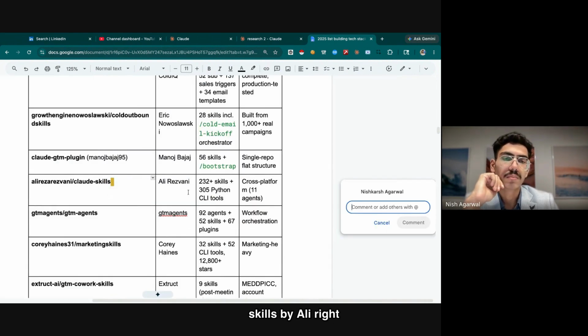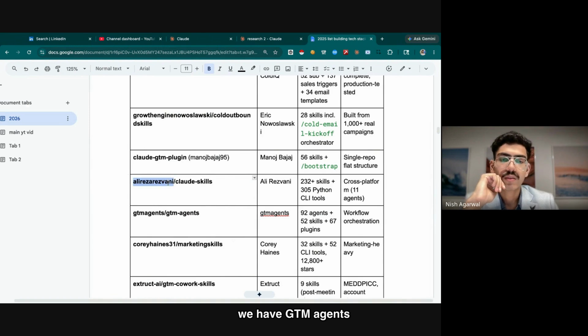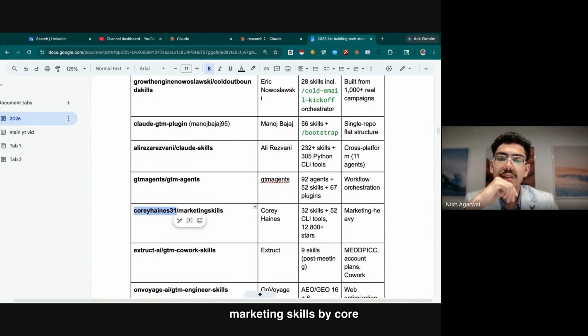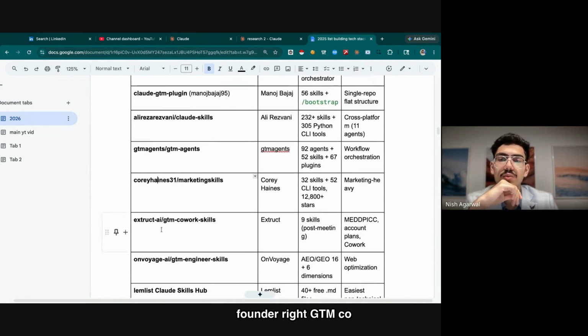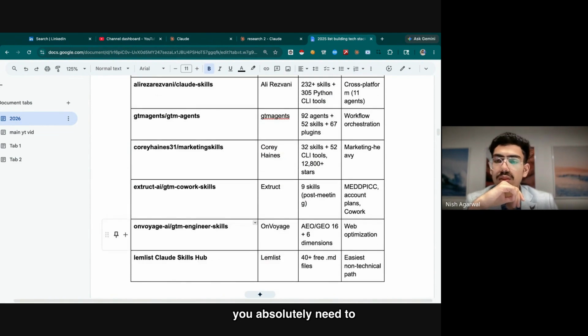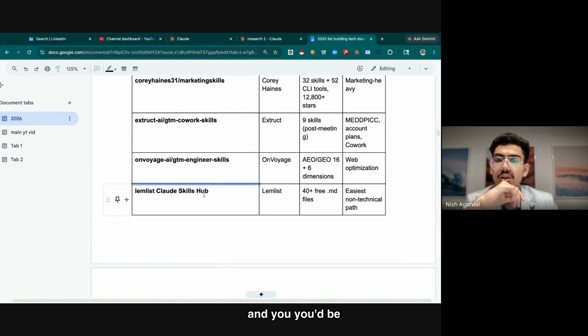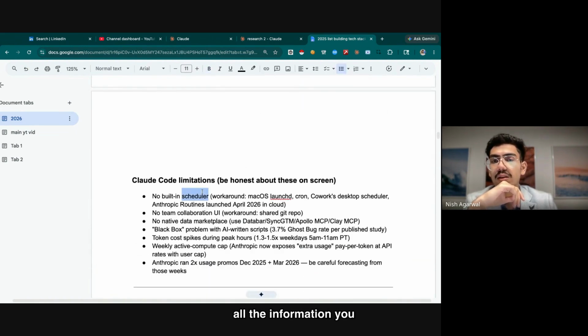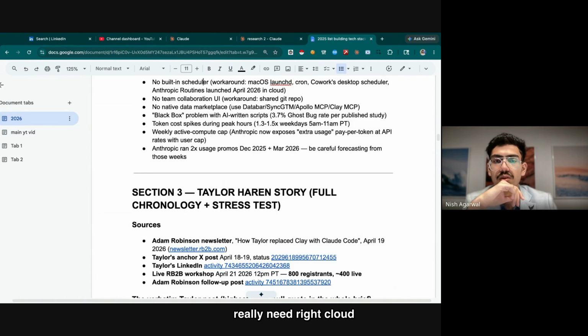We have Claude skills by Ali, right? We have GTM agents, right? For workflow orchestration, we have marketing skills by Corey Haynes, who is a GTM founder. GTM co-work skills. We have all of these that you absolutely need to take a look at. Just copy paste them, and you'd be good to go. I'll send you the link to this doc, so you have all the information you really need,